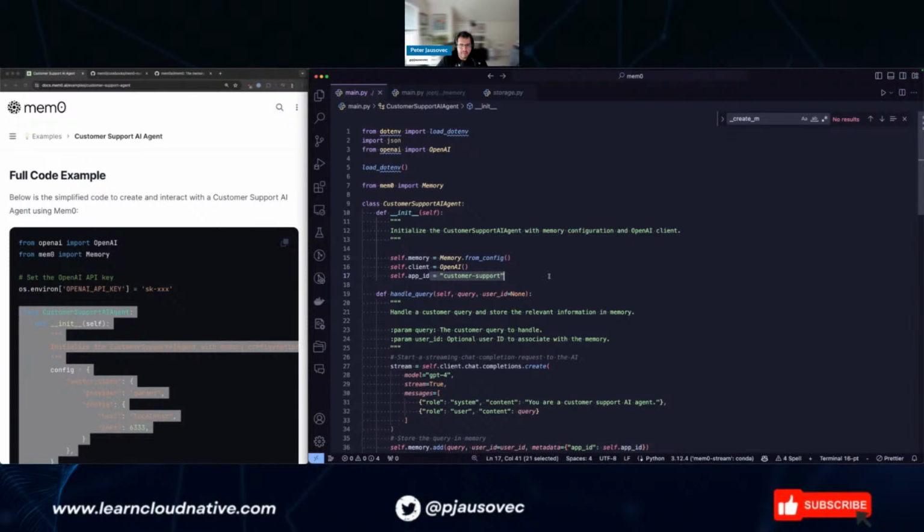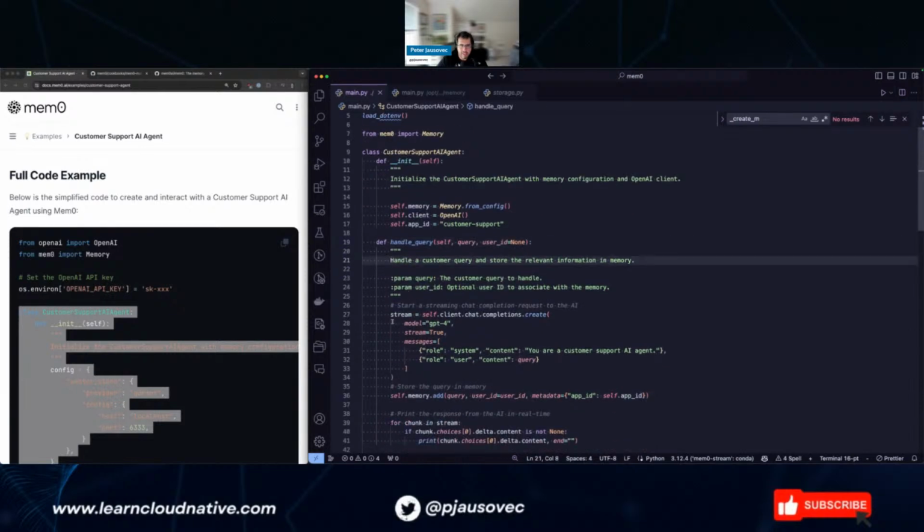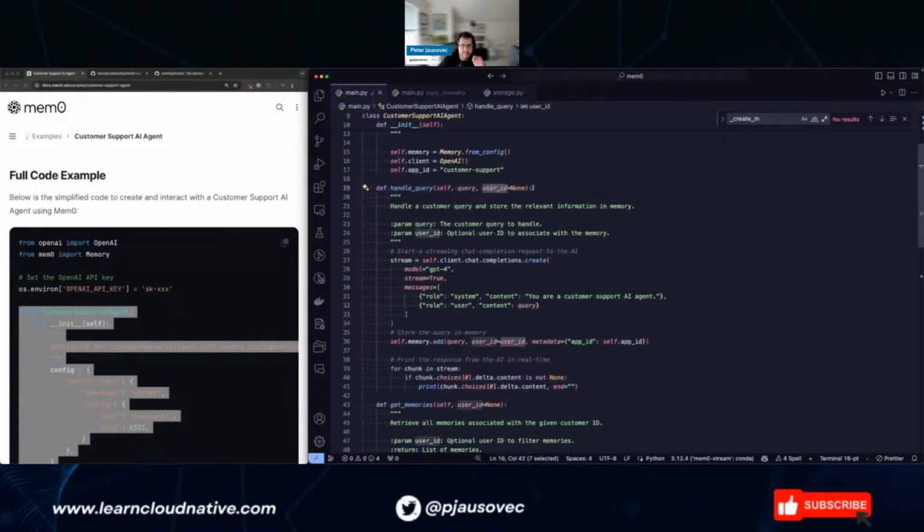So we set the app ID to customer support and handle the query. This will call the OpenAI chat completions, streaming the responses, with the system message saying you're a customer support agent, and the query is whatever the user passed in. There's going to be a user ID as well.